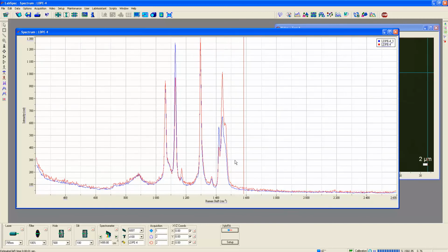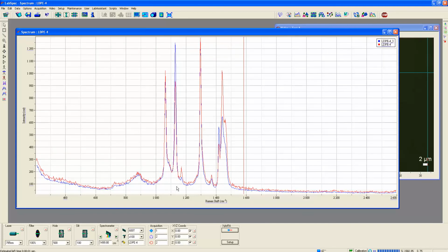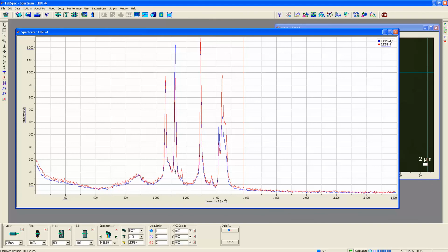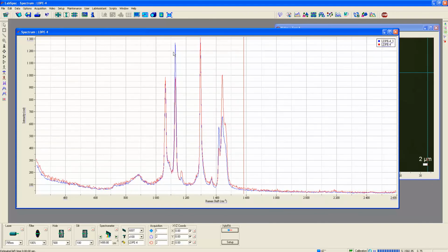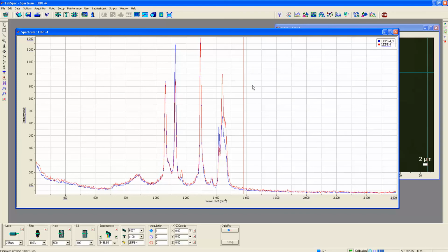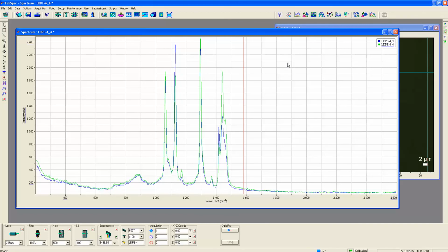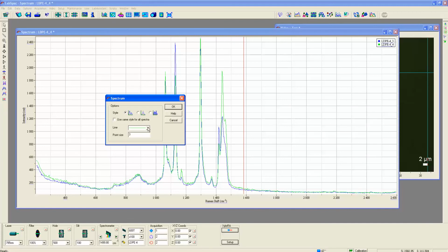And what I'd like you to see now is the difference in these relative intensities. In real time, you see them, particularly this band at approximately 1125 reciprocal centimeters, and then these 3 bands here as well. And we've normalized to the band at approximately 1300 reciprocal centimeters. All right, let's stop the real-time display, acquire a spectrum of this unstressed sample, and again, for clarity, I'm going to change the color here so that you can see the contrast a little bit better. I'm going to change that to red,